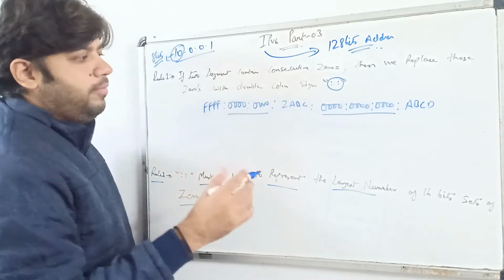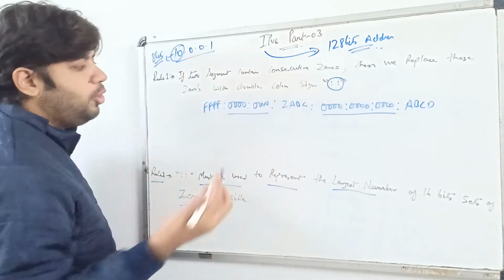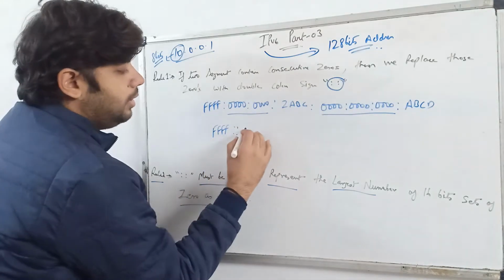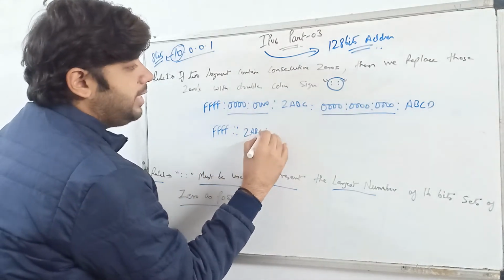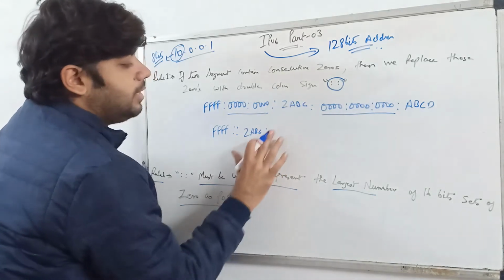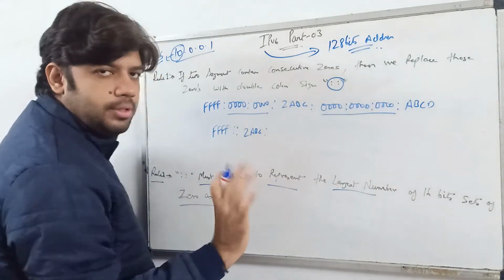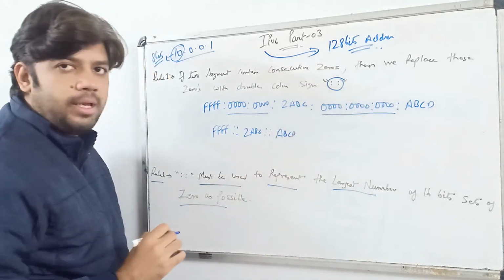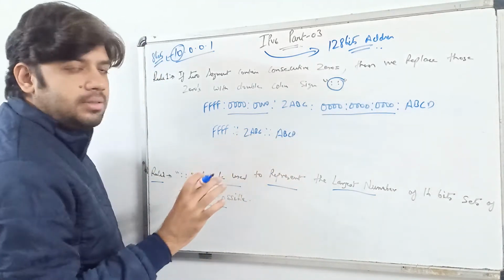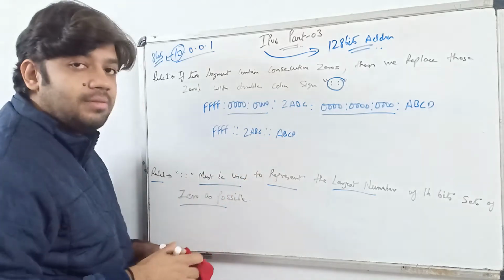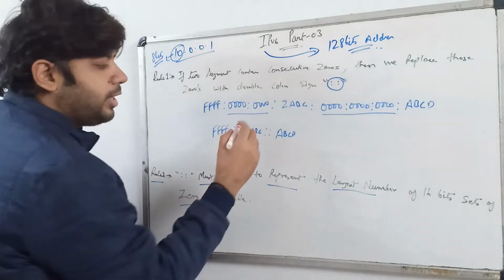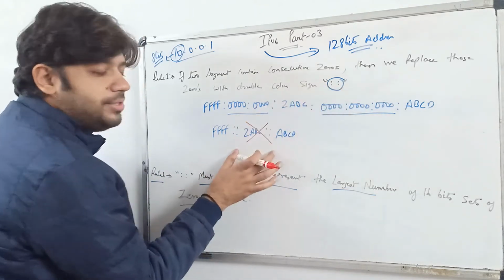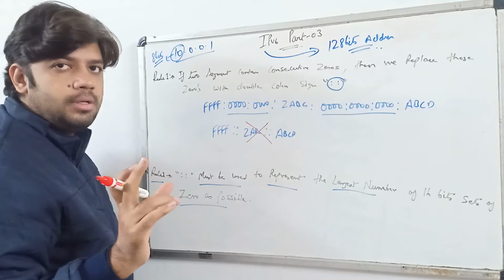So now, in some cases you might say, okay sir, we can go like this: f double colon, then 2a b c, then double colon, because there we also have consecutive zeros. Okay, so we can go for double colon, and then a b c d. We can write it like this, but this is wrong. This is not the right format. Okay, this is very wrong. We are not able to use double colon twice in one IPv6 address.